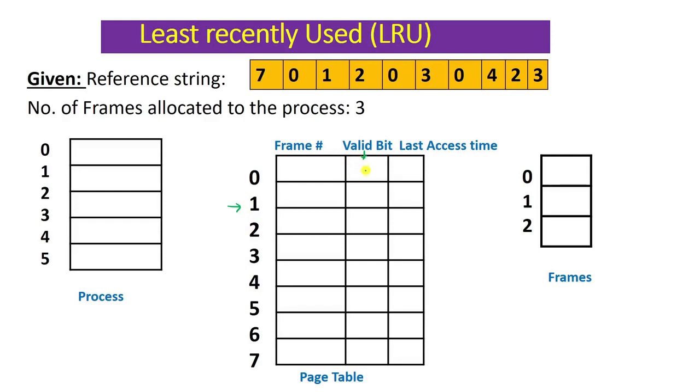So basically, when the computer starts, the page table associated with this process will be initialized to false. Everything will be false. I have stored a third column in which I will store the last access time, when a particular page was last accessed. This is the thing that I was talking about. We can just store it inside the page table.